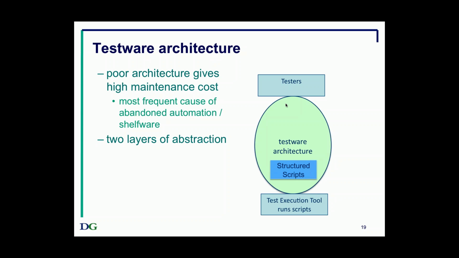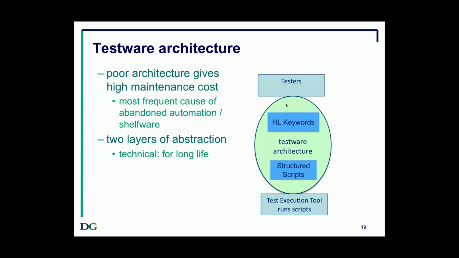You want your tests to survive more than one release of your software, so they need to be maintainable and reusable, but also survive more than one release of your tool, perhaps more than one version of your tool. You may want the test to run on more than one environment, more than one platform. So the same test should be able to run largely unchanged in various different places using various different tools, if you keep the tool-specific and platform-specific stuff to an absolute minimum. So this technical layer of abstraction is what gives the automation a long life. It will survive a long time. It will be useful for years on end. It won't be just a one-month wonder.